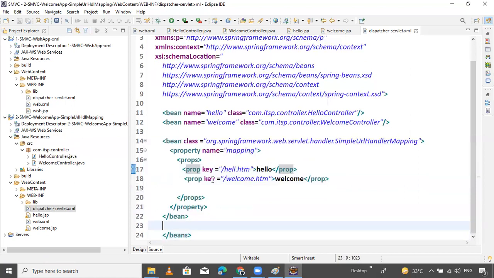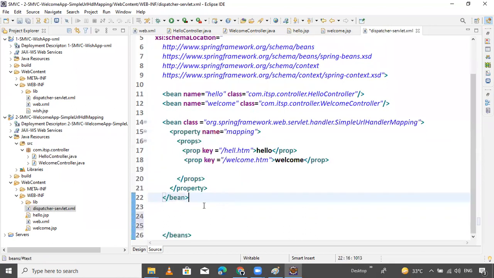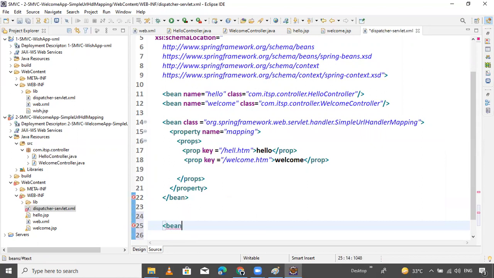Now the very important part: our simple URL handler mapping configuration is completed. Now next thing is the bean view resolver. Bean name equals view resolver, with class equals.